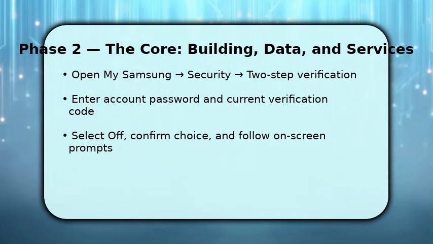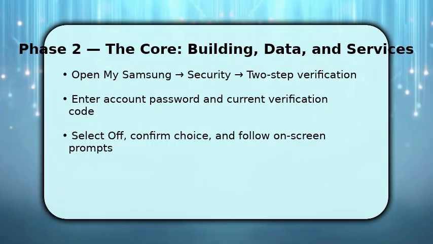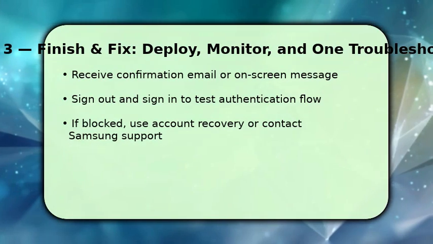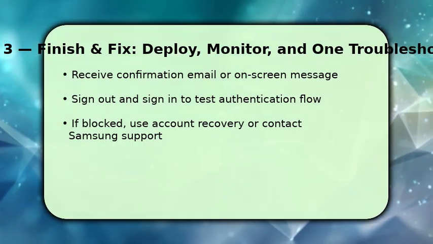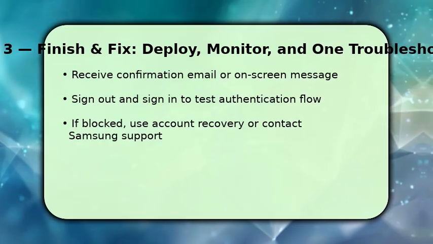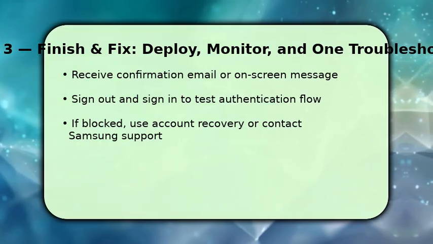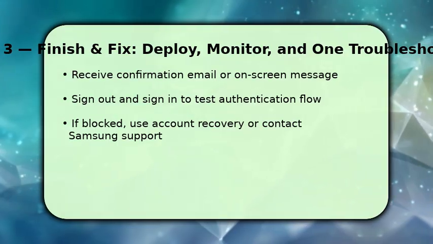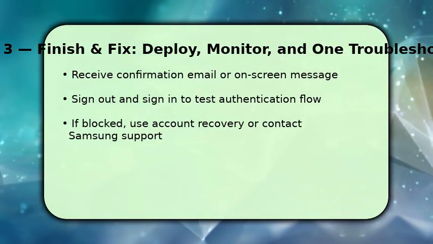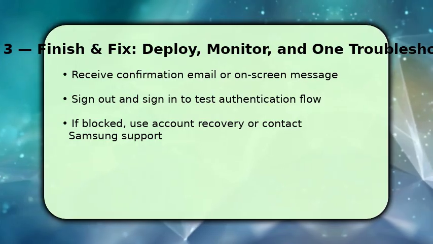After you confirm disabling two-step verification, wait for the confirmation email or on-screen notice. This verifies the change propagated. Once done, sign out and sign back in to test that only password authentication is required. This confirms success. If you encounter errors or are blocked, use account recovery tools immediately because they guide you through